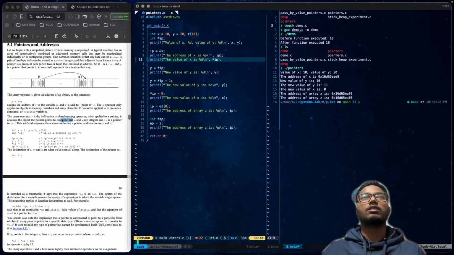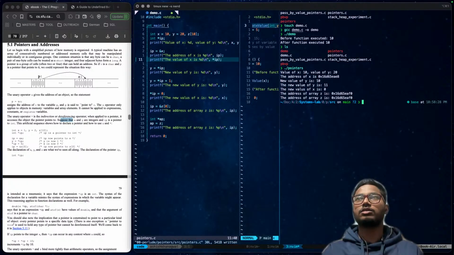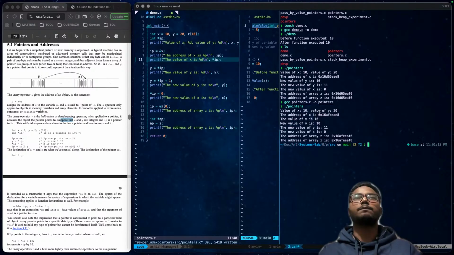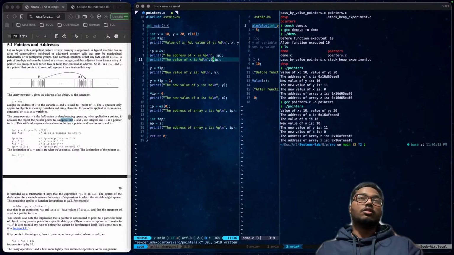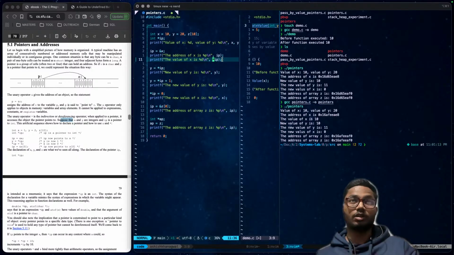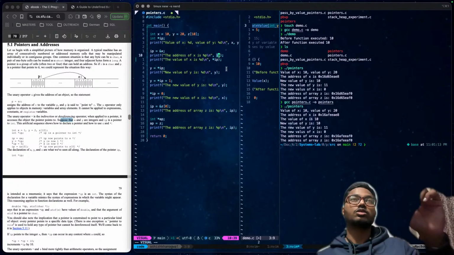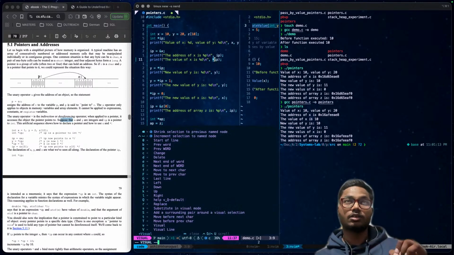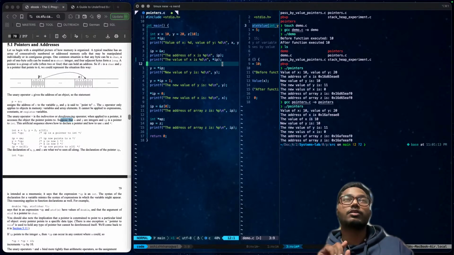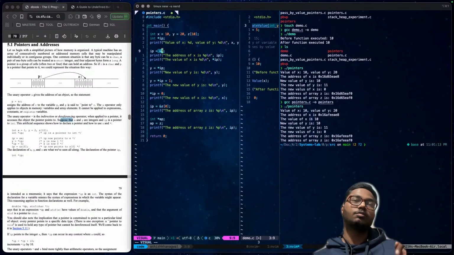Let's see, we surely should have the SSA pointers. And now look, this is the dereferencing operator, and this actually stores the value of our variable x. This ip just stores the address of our variable, and just due to this star operator, our pointer refers to the value that is stored at this particular address.